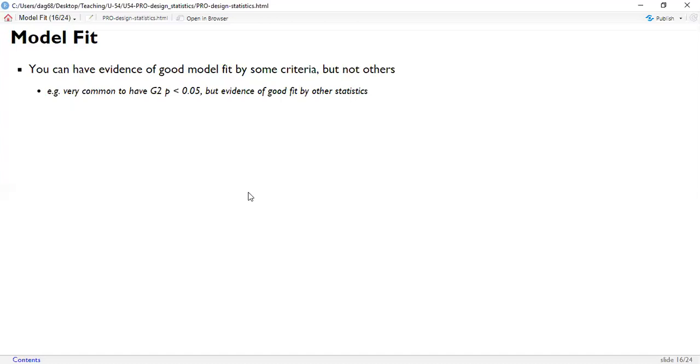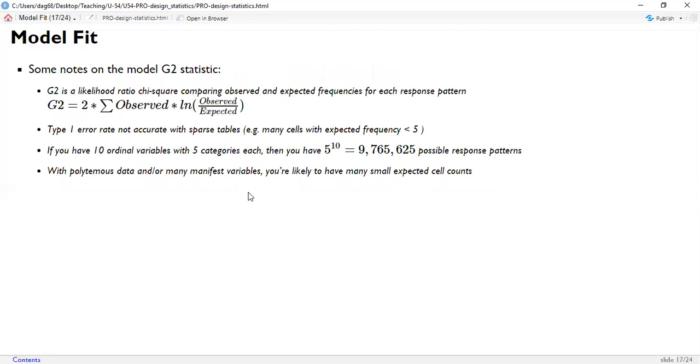And some people say that's okay because the likelihood ratio is so strongly determined by sample size. Others disagree with that. Nevertheless, the pitfall that I'm concerned about and that I see quite often is related